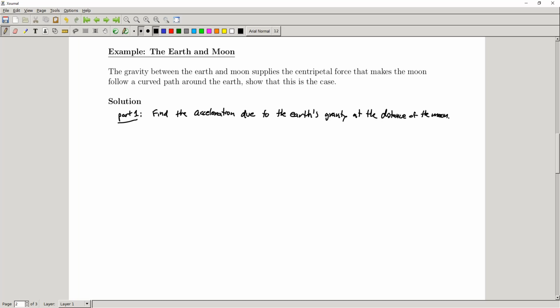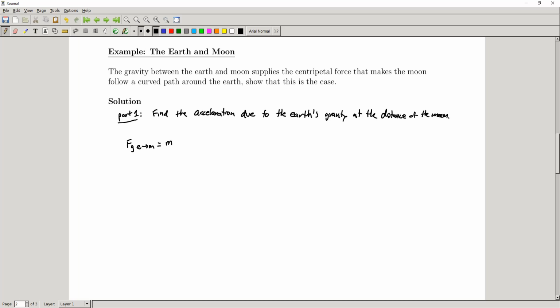Okay, so we want to find the acceleration due to the Earth's gravity at the distance of the moon. What we're looking for is the force of gravity of Earth on moon, and I'll label it that way. So what is this going to be equal to? Well, we can use Newton's second law right away. We know that that force is going to be equal to mass times acceleration,